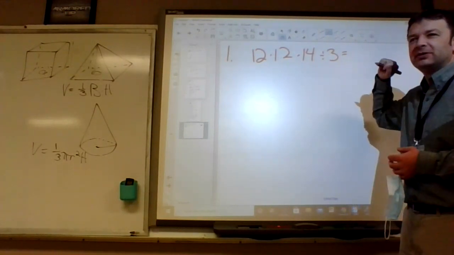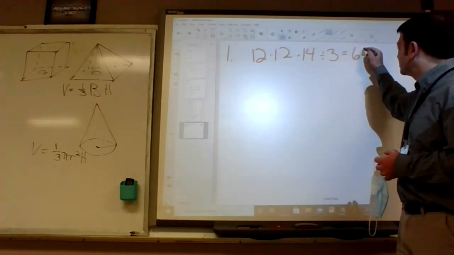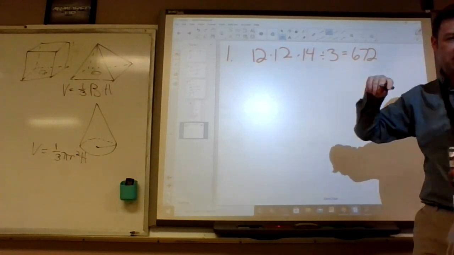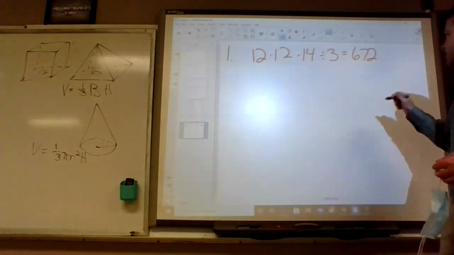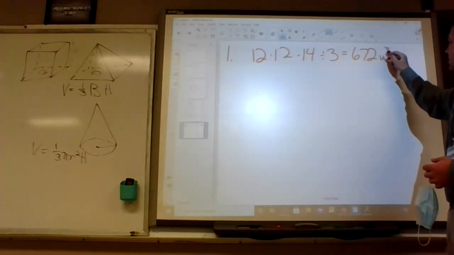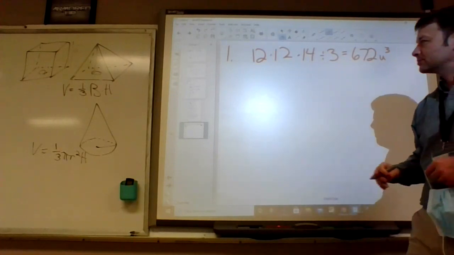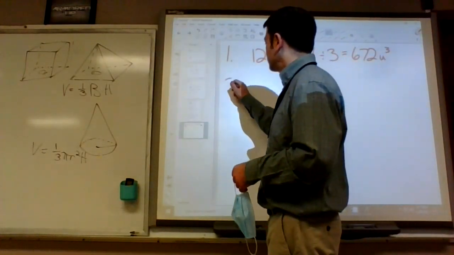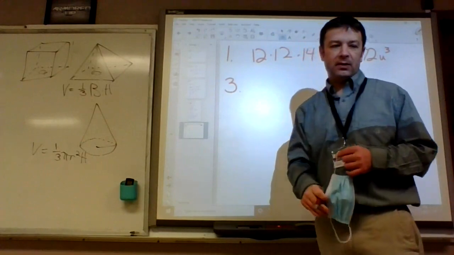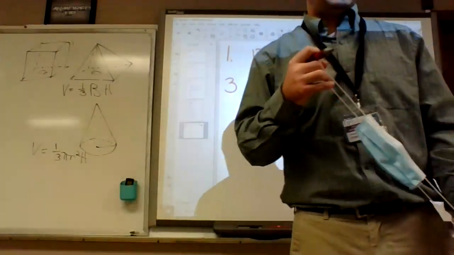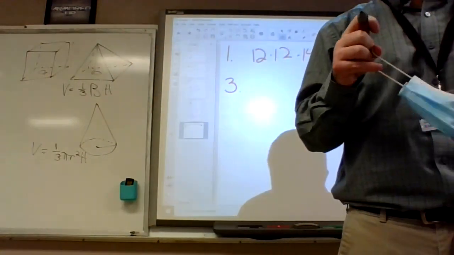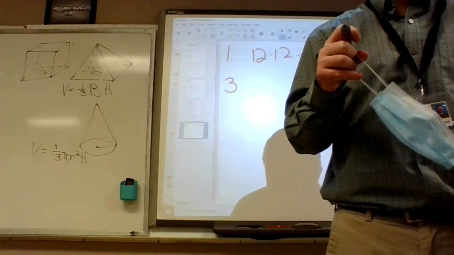What'd you get? I got 670. 672. Units cubed. So number 2 is, never mind. Number 2